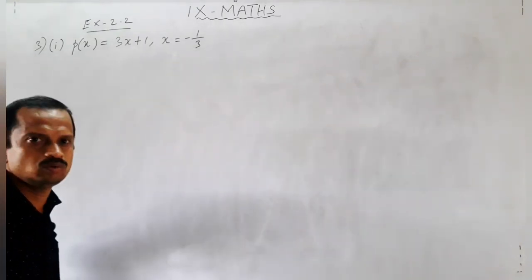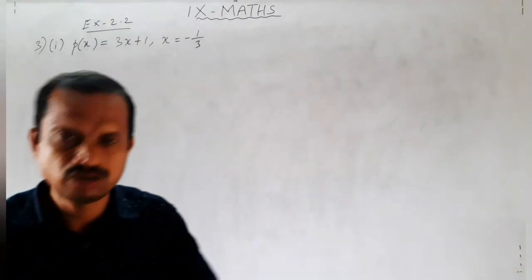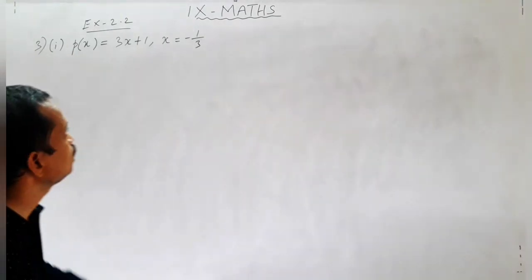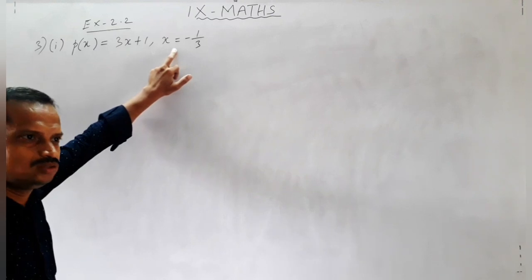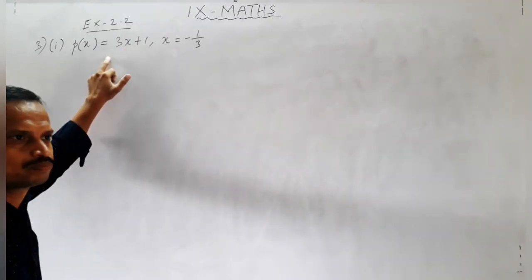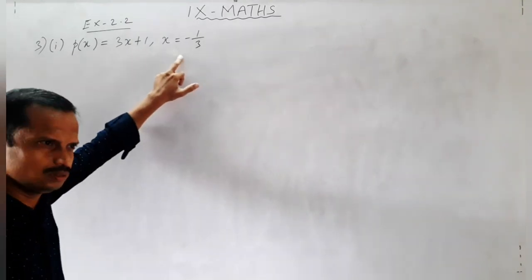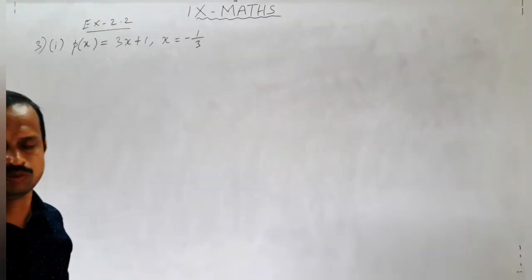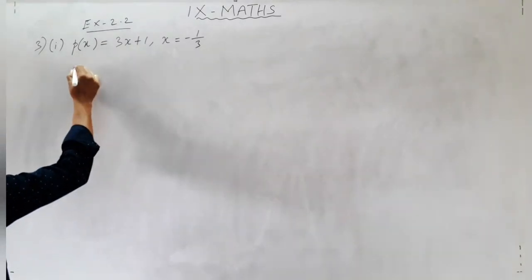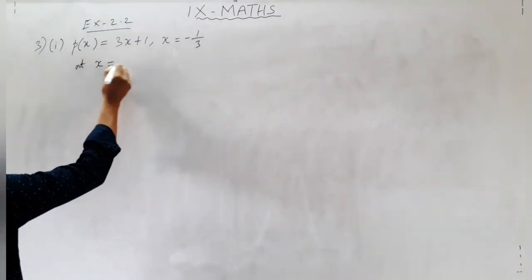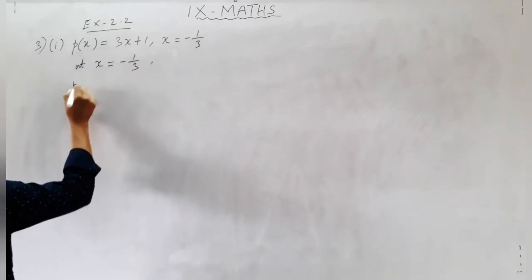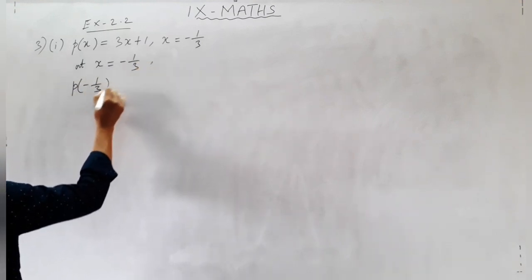So first of all you have to understand the question. Verify whether the following are zeros of the polynomial. That means what? If you substitute x equal to minus 1 by 3 in this polynomial, whether it will be a 0 or not. That's why that alone they are asking. Clear? So at x equal to minus 1 by 3, P of minus 1 by 3 is equal to,